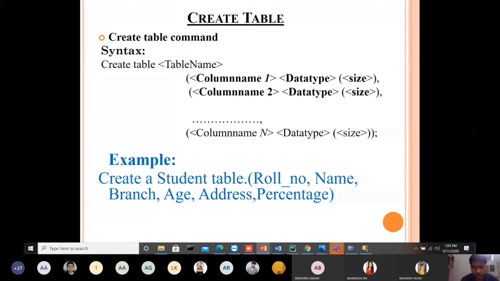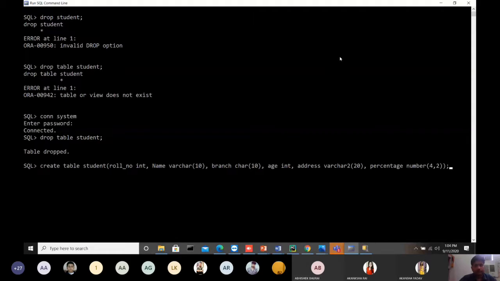As per the syntax we have the column name, their data type, and their size. In that table we have to give the name of the table, that is student, and provide all the attributes like roll number, name, branch, age, address, and percentage.